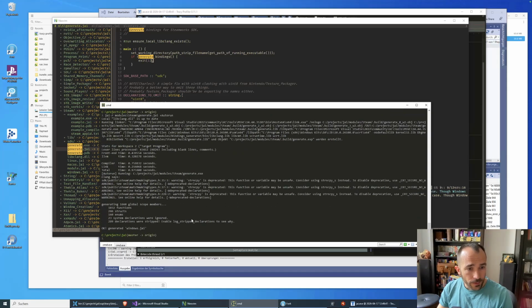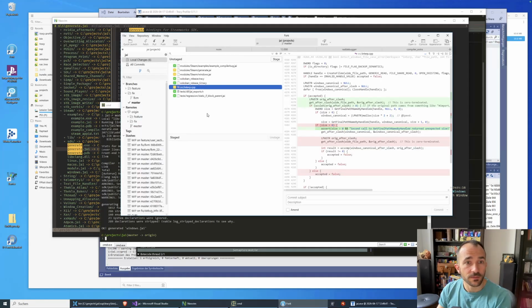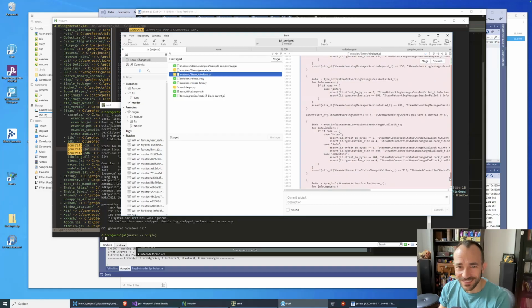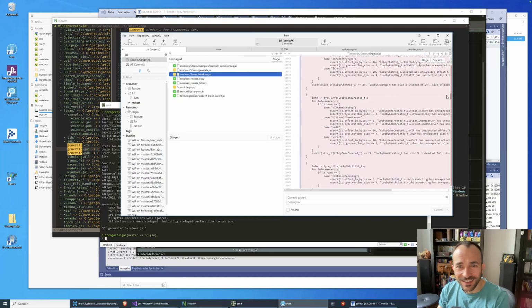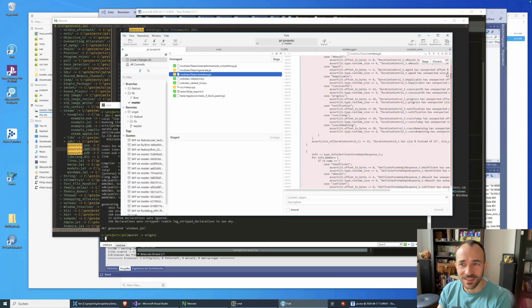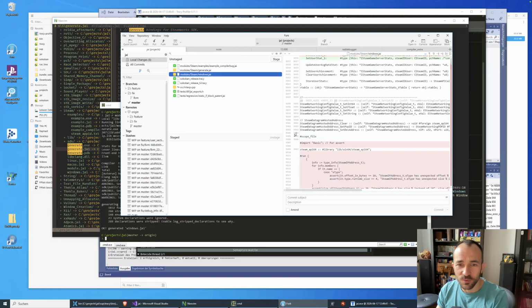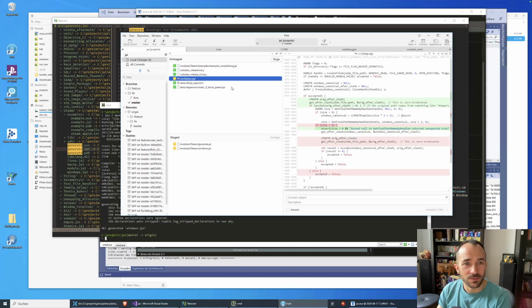Okay. That should have saved us roughly, how many lines of code? Yeah, it removed a third of the Steam module. That's worth it.